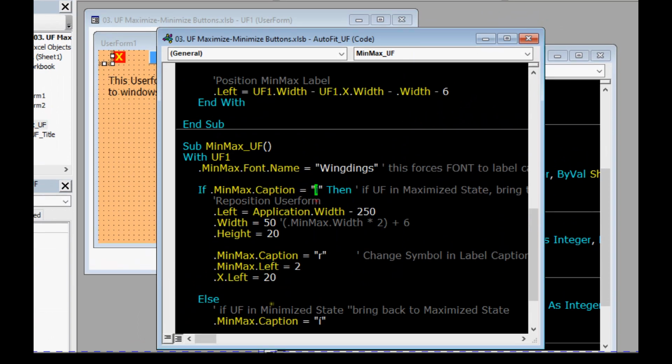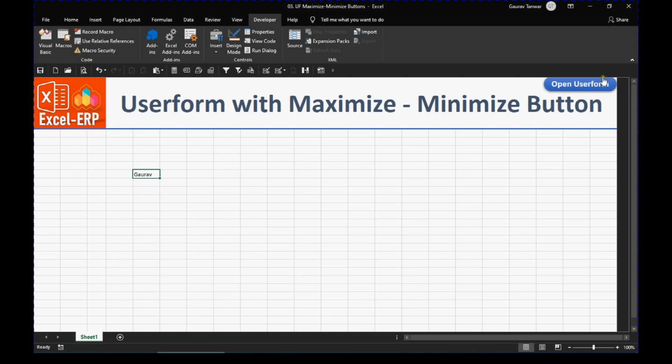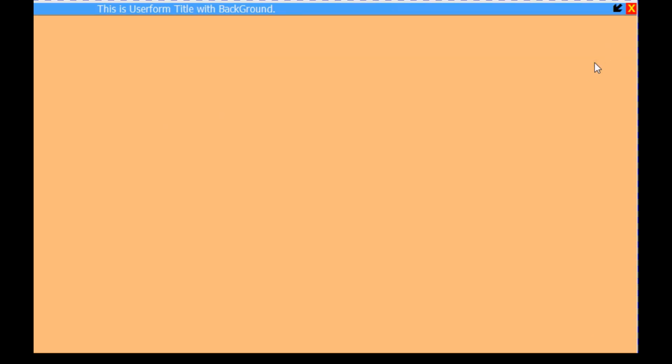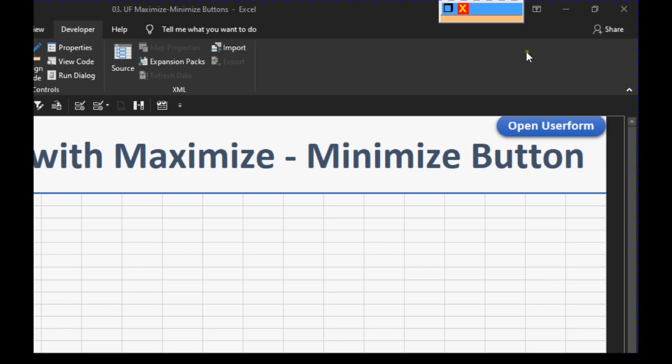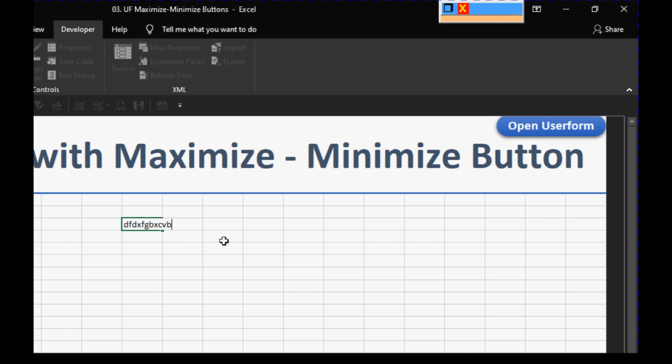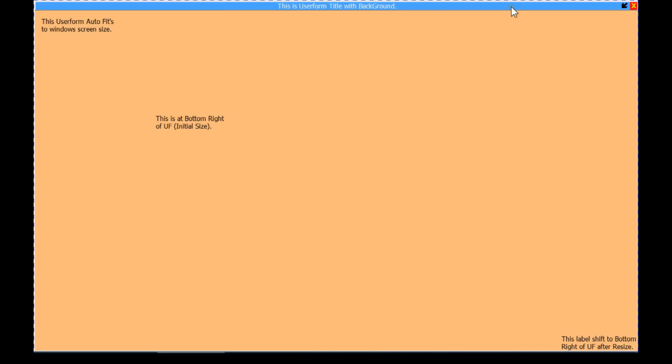so this I, let's see again, open this. This is the character which is showing initially when we started the user form. Now if I click on it, this user form becomes small and the sheet is available for any editing purpose, and the character in this label changes to R, and the close button is shifted near this. If I click it again, the user form maximizes again, and it changes back to the I.